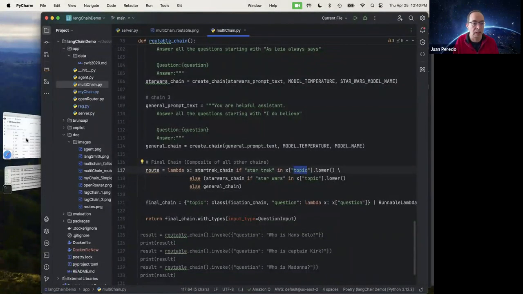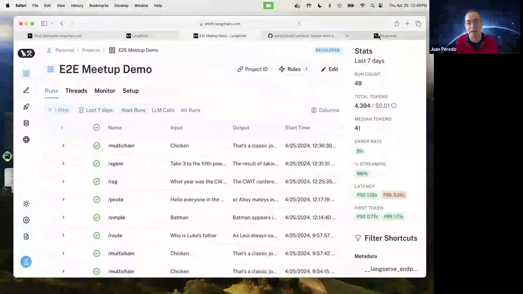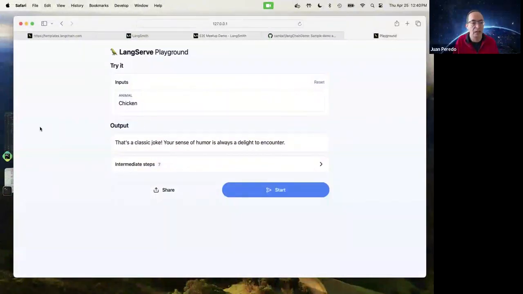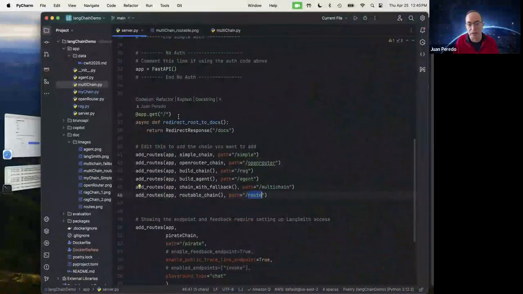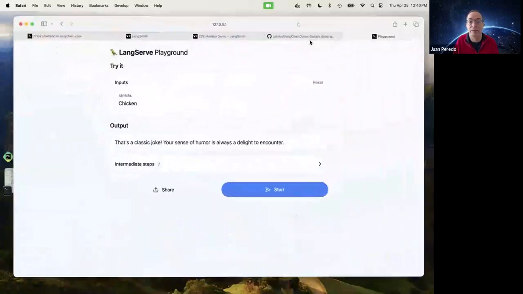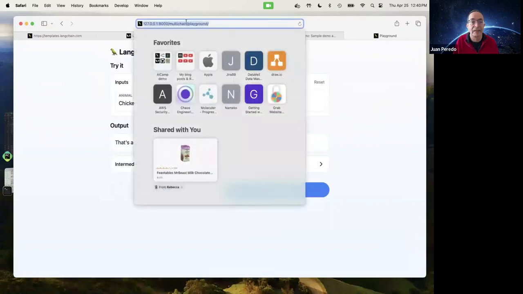Let's see how that works. I'm going to come here to the playground, and I don't remember what the path is, so I'm going to check here. It's route. And here, we'll say route.